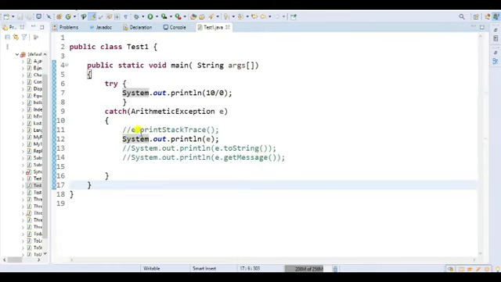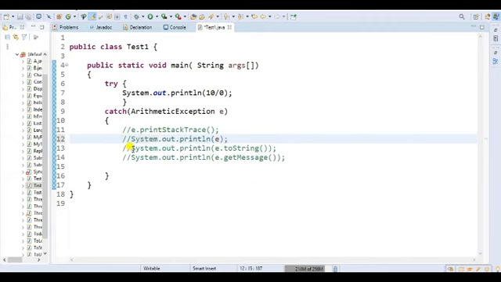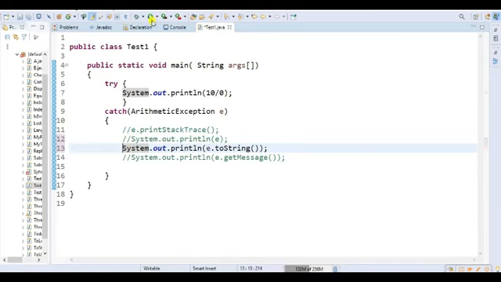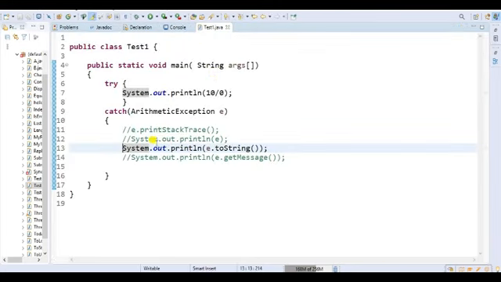Now if I want to print with the toString method, do the same thing. Let me explain. We have seen that with System.out.println, if I print the object, it will print the same thing as the toString method.